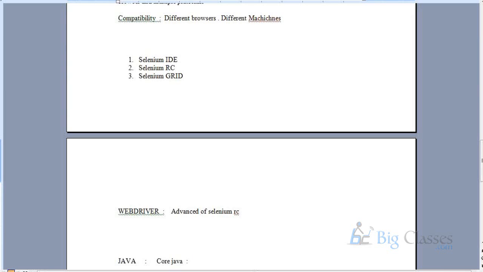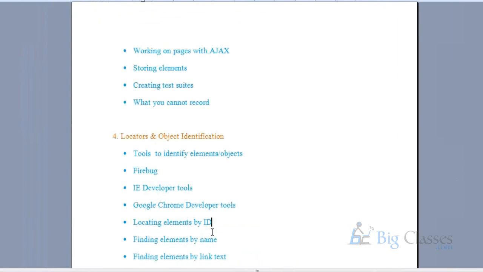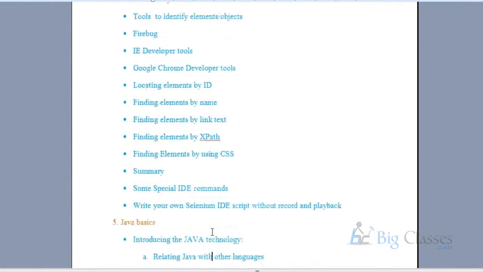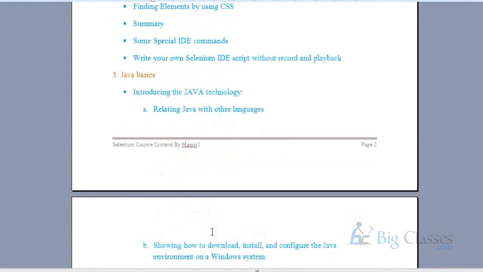Here I'm going to cover each and every topic in core Java. For Selenium, we only need core Java. I'm not saying A to Z Java I'm going to cover. I'm saying how much Java is required in Selenium, how much Java is sufficient to prepare a framework in Selenium, and how much Java is required for cracking an interview in Selenium. That much Java I'm going to cover.